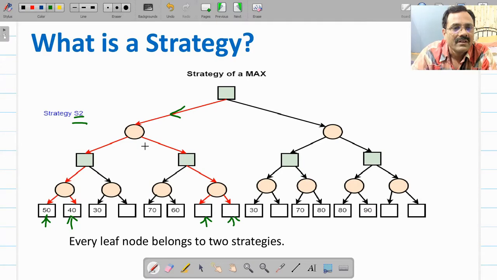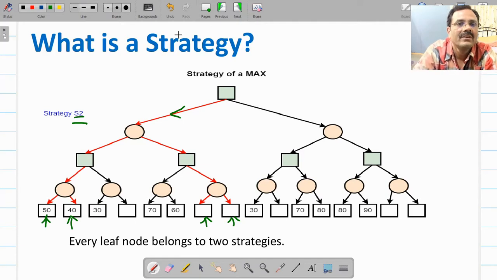So if you now consider how many strategies this particular game tree will have. Now the third strategy will be, instead of maximizer selecting this particular path, maximizer can select this path, right? And then the left side of this Max node, so that will be strategy 3. Fourth strategy will be, maximizer will select the same right hand side path for this, and then the right side of this Max, so that will be strategy 4. So similarly we will have 4 strategies on this right hand side. So for this game tree we will have 8 strategies.